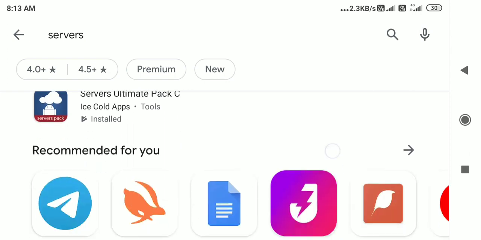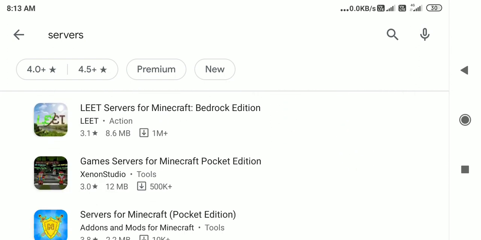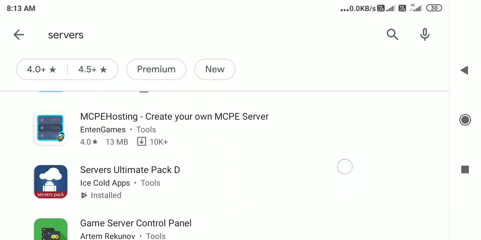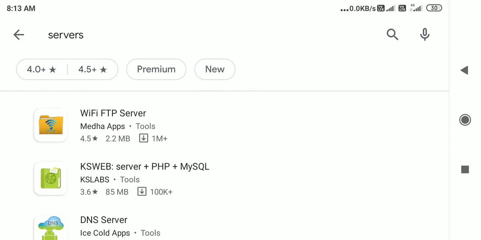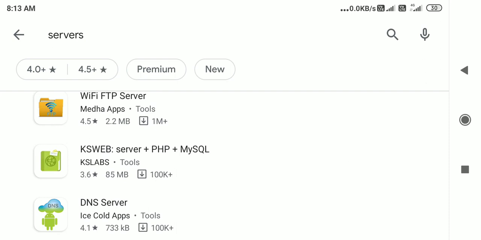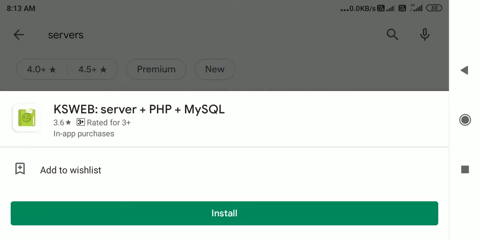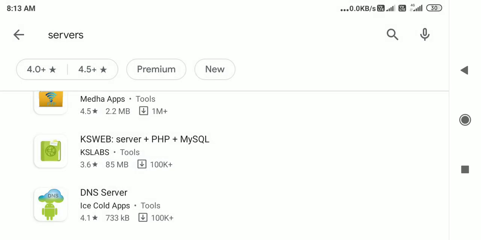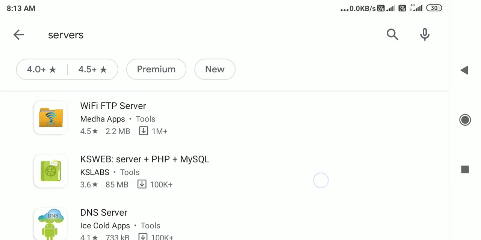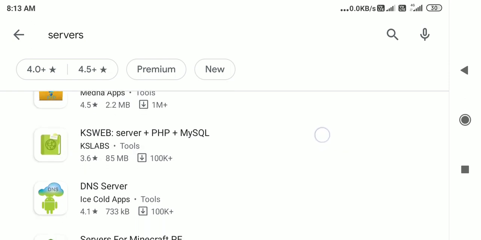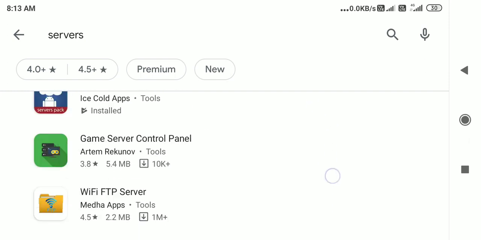BNC or BBN and those kinds of things all work for business, specifically servers which are tuned for business. If you do KS Web, this might be a business server. We don't know whether it is a web server, but it might be a business server specifically for transactions, like when you do forex, teletype or the share market. This is a special kind of server which does all the business types of things. They are specifically tuned for business. That is why it is called KS Labs and other things.